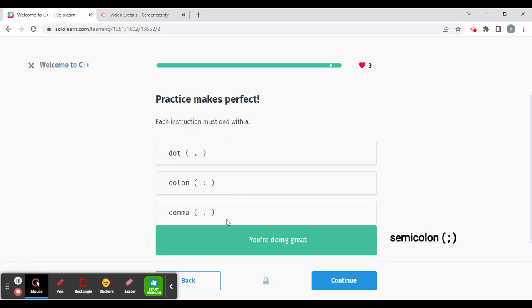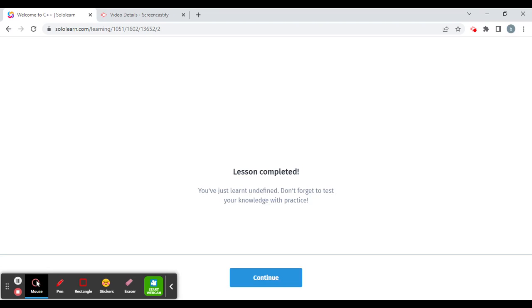As we've seen, it's a semicolon. Each instruction must end with a semicolon. So the lesson's completed. You just learned.